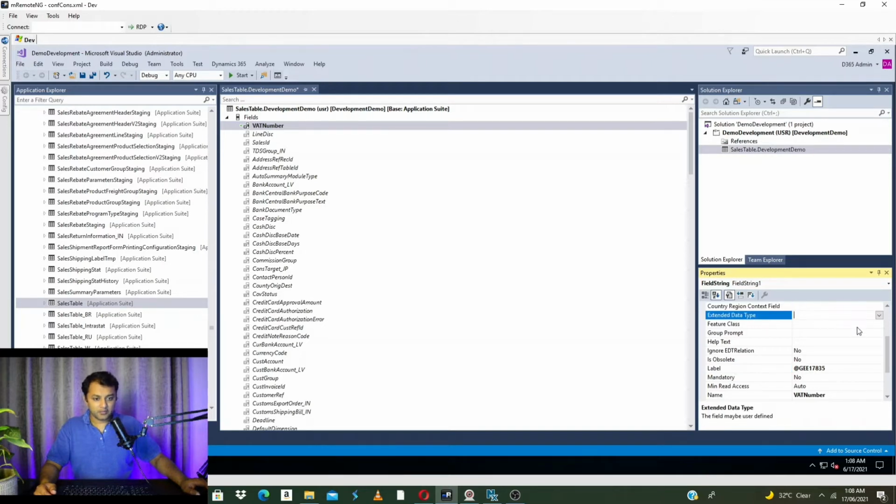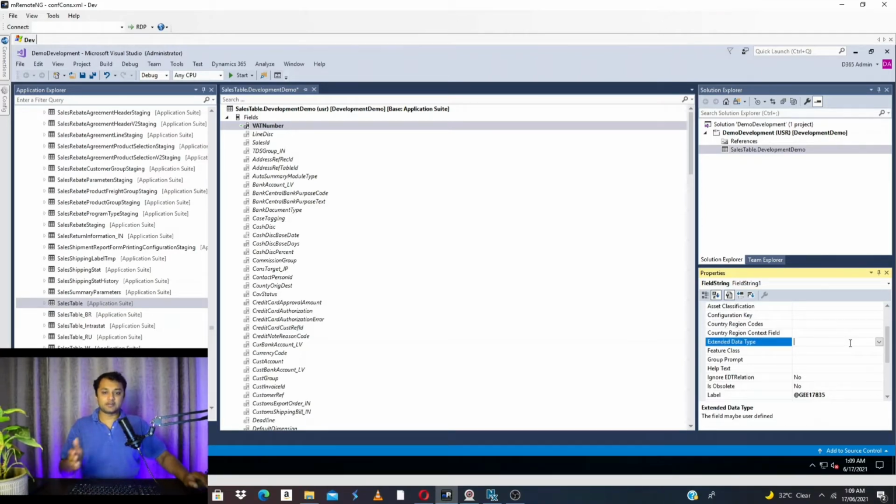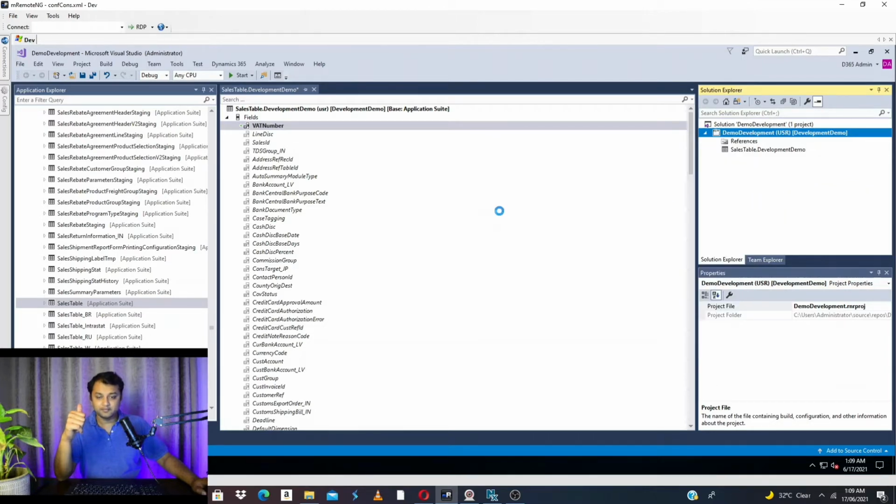So now my extended data type. This is another property which we need to set up. This is the EDT type. My field is a string, but there are certain EDTs which I can attach to this field. It will help me in maintaining the standard VAT number format across all the tables. So for that I would add a new EDT over here. I'll click on add new item,